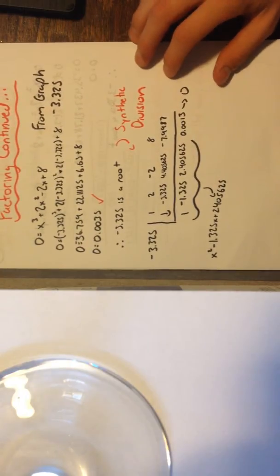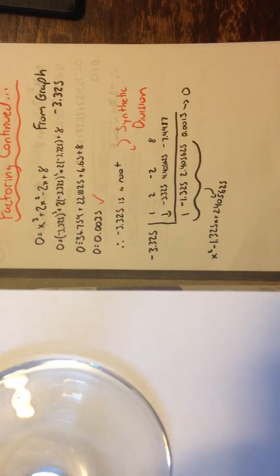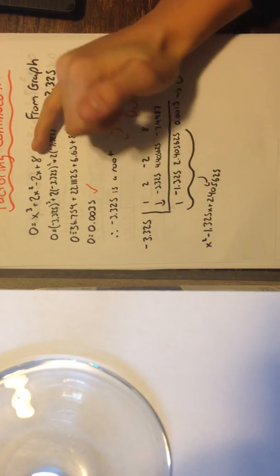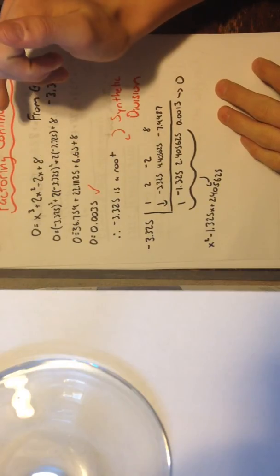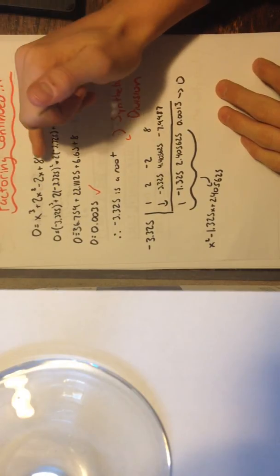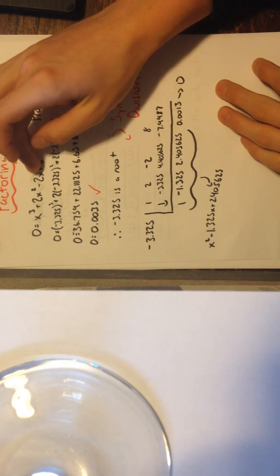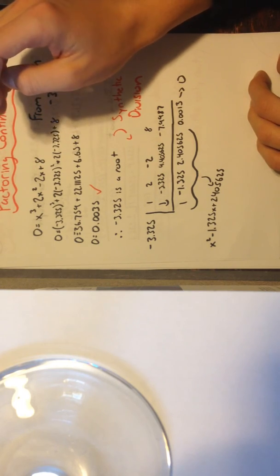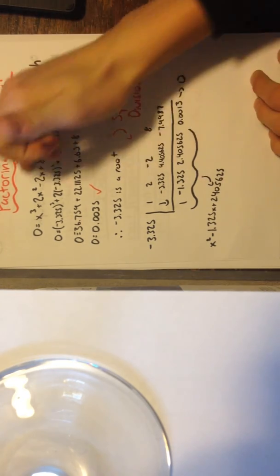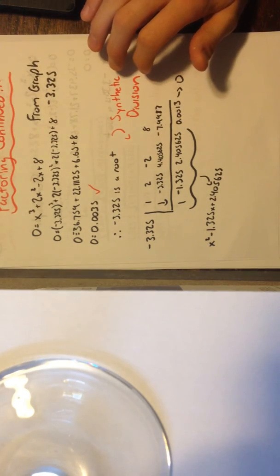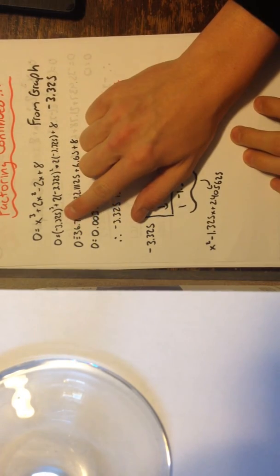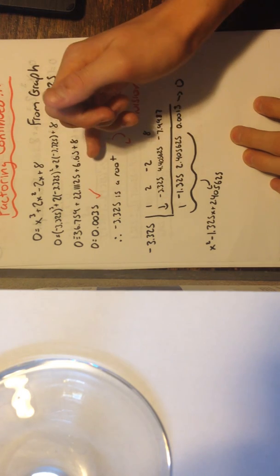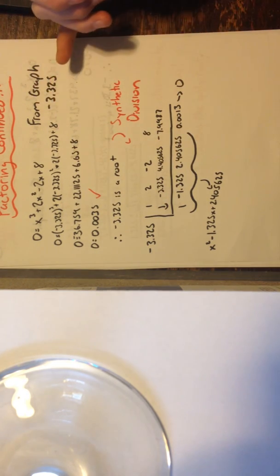So now we're going to factor the top, or the numerator, of my function. And what we see here is that I have a cubic function, and to factor it we use the factor theorem. However, I had plugged in test values and I could not find a whole number that would factor out evenly and give me whole number values. So therefore I looked at my graph of this equation right here, and I found that negative 3.325 will